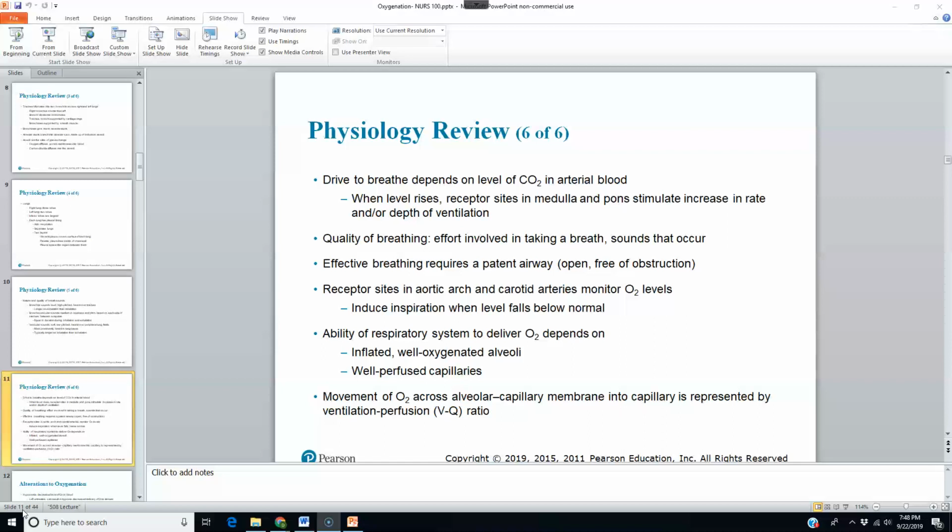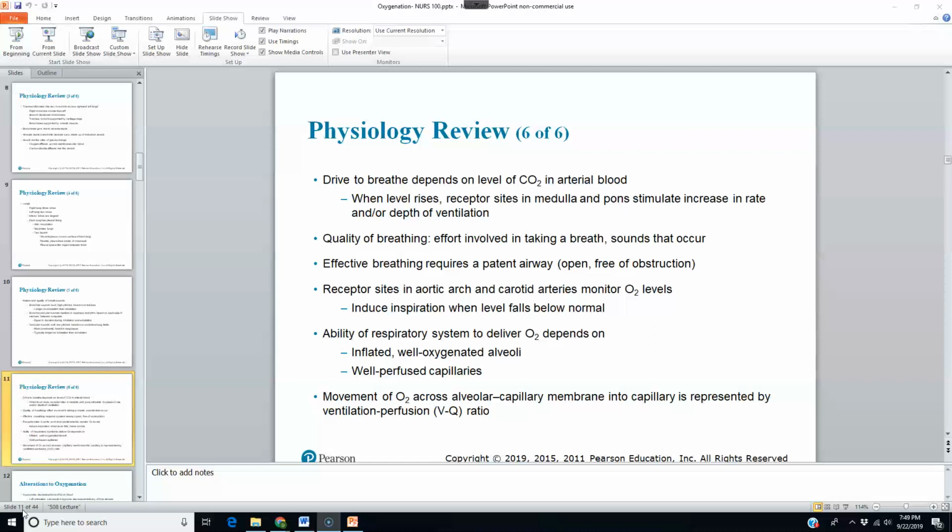So we also look at the quality of breathing, that effort that's used to take in a breath, the sounds that occur. And of course, in order to breathe effectively, we must have a patent airway, open and free of obstruction. And obstruction may not necessarily be a foreign body. It could be a lot of mucus, something like that, that definitely obstructs that airway, that prevents air getting in and reaching those alveoli for a proper